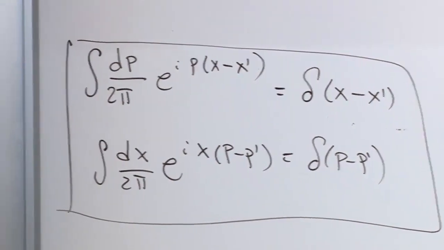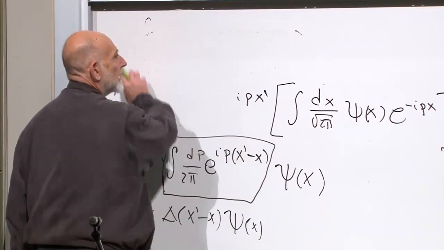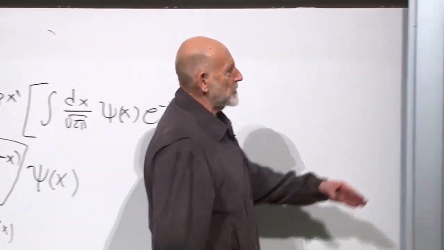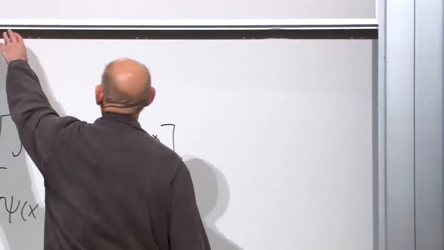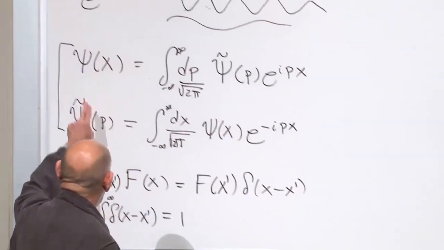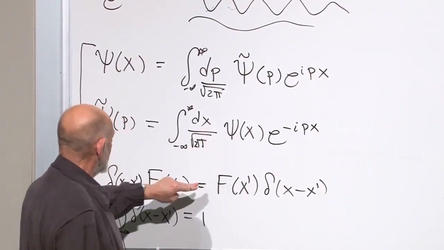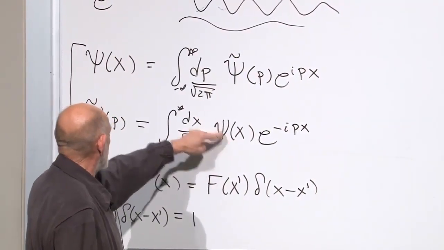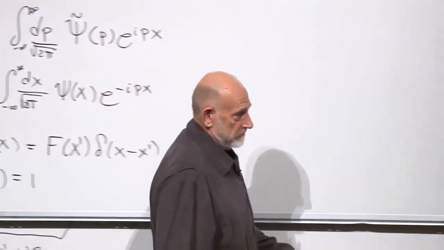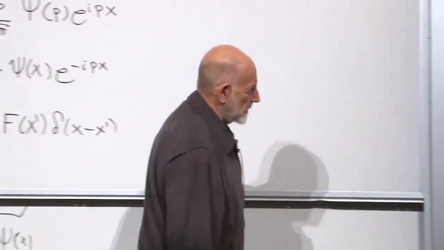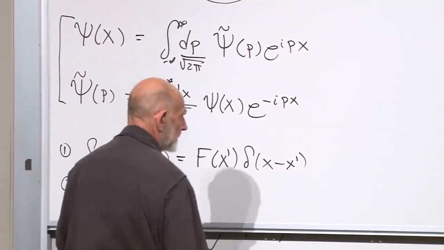This here is not important. We've got it on the blackboard over there. If you don't like the way I got the second one from the first one by just interchanging p and x, you can go back to these equations, and instead of eliminating psi twiddle of p, eliminate psi of x by substituting in psi of x from here, and you'll get the same thing, you just interchange p and x. Good. All right, so now we have what we need.